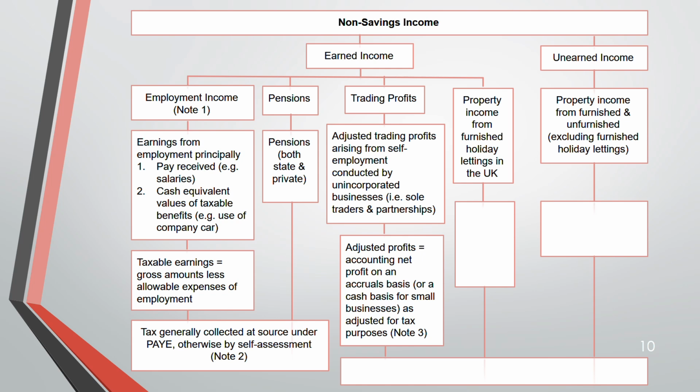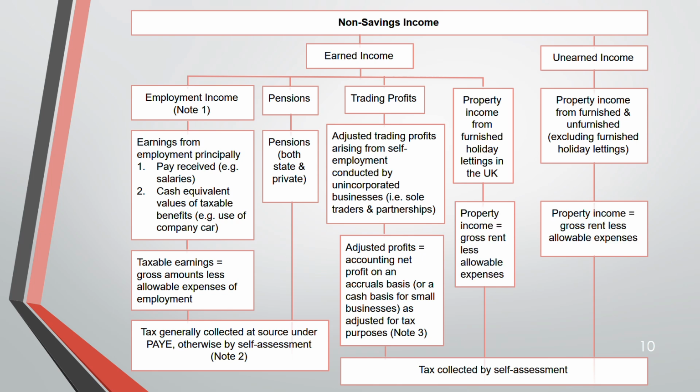Now, adjusted profit. So accounting net profit, what you have calculated on an accrual basis or a cash basis for small business, adjusted for tax purpose. You have to adjust whatever the profit you have got from your income statement for tax purpose. And all this type of taxes, trading profit, property income from unfurnished and furnished, are collected by self-assessment. Okay, so property income, gross rent minus allowable expense. Same for property income